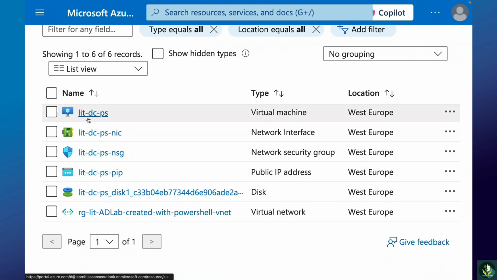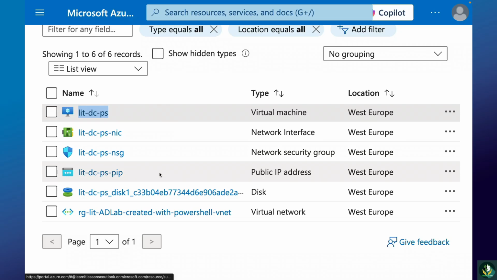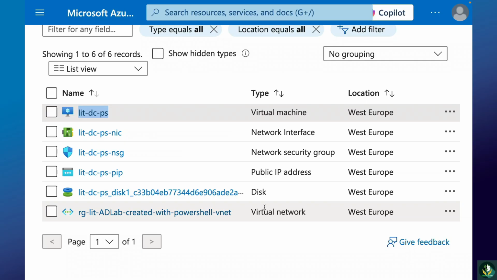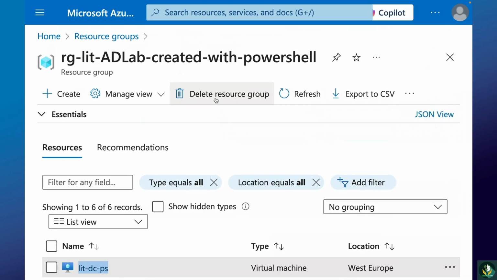As you can see, we've got the virtual machine itself, our NIC, network security group, our public IP address, the disk for the virtual machine, and virtual network also is there. Now, of course, we could go ahead and push this button, delete resource group, but first off, you cannot do